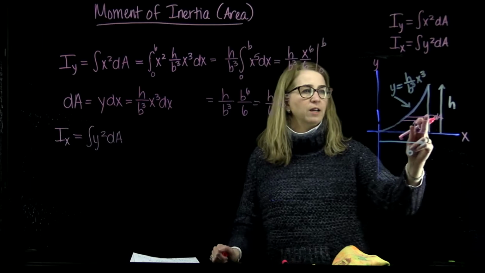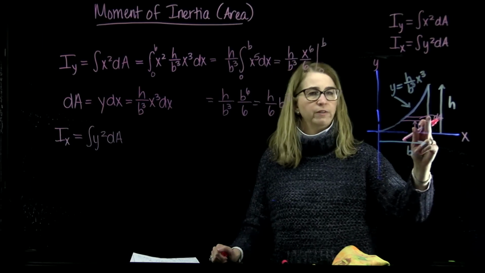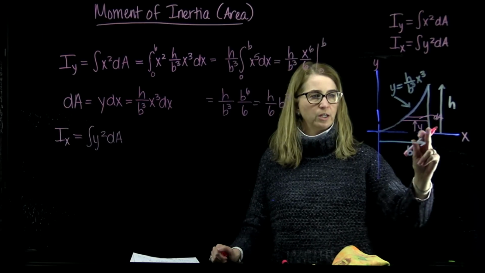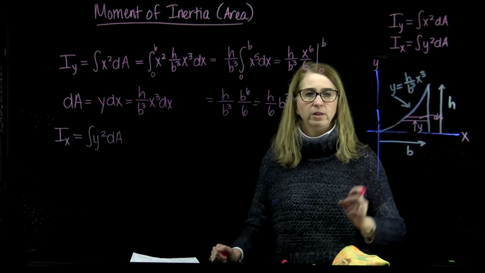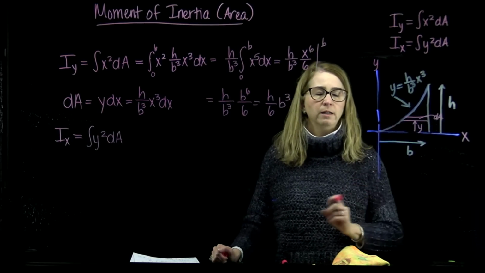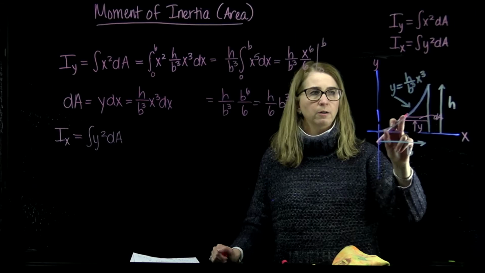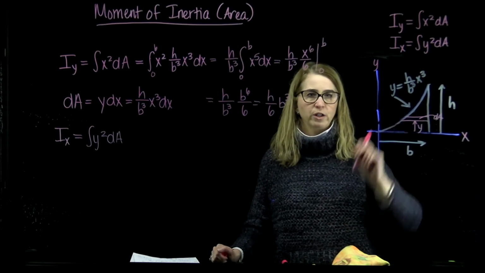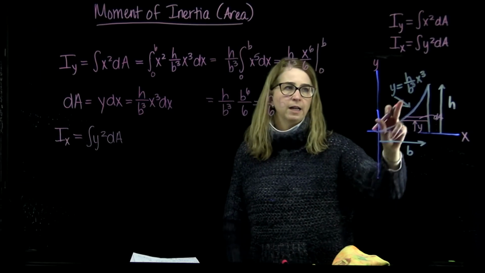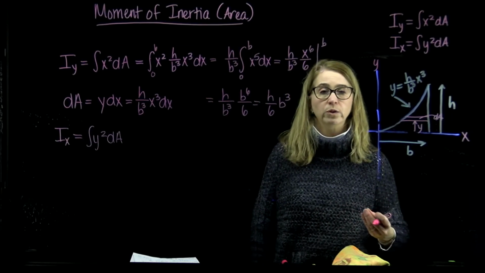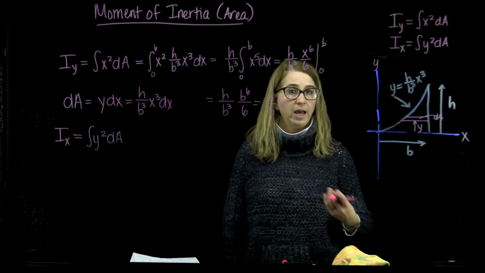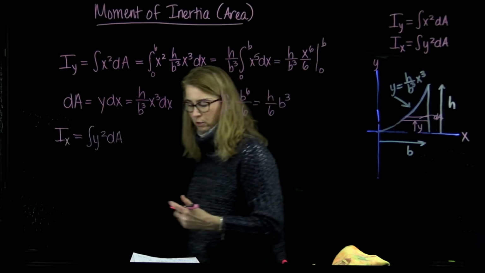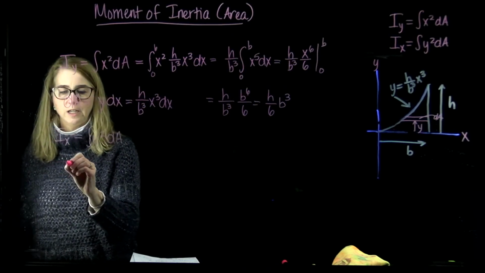Now it's bounded on the right by this value of x, which is x equals b, and bounded on the left by the x value here, which I can find by rearranging the expression for that curve. Right now it's written as y equals. I want to write it in terms of x equals. So just to break it down in a little bit more detail to think about it,